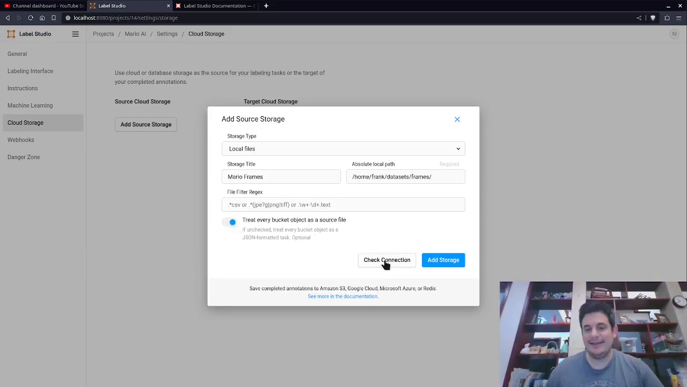Turn that on. Now we're going to click Check Connection. This is going to basically check to see can Label Studio connect to that source. Successfully connected. If you don't see successfully connected here, check this path. Make sure you have the